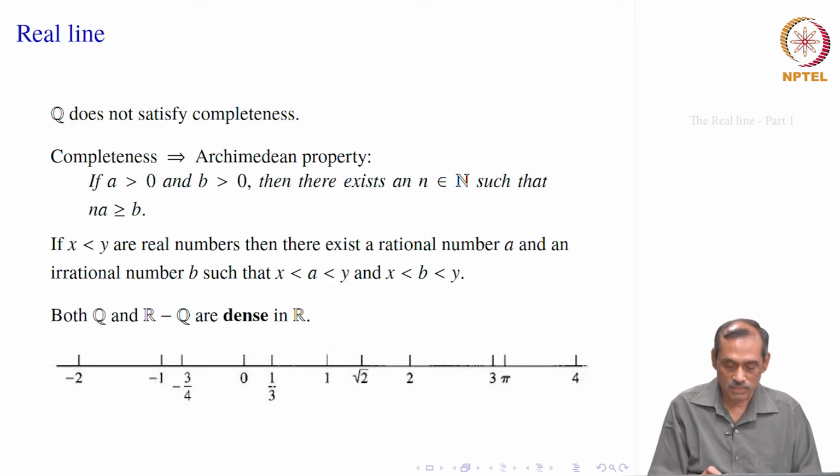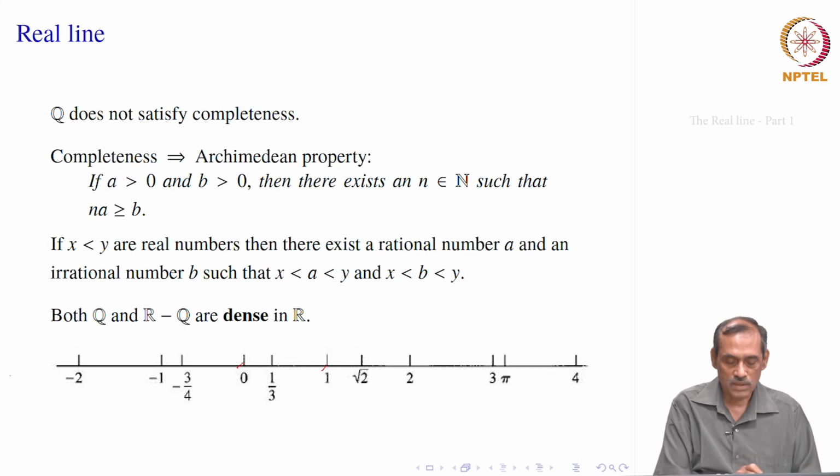So, if we have marked 0 somewhere and 1 is another, say unit length, this is our length. So, 0 to 1, then 2 will be here, then the natural numbers 3, 4, and on the left side we mark the negatives of that. So, we have the integers inside R, then we have rational numbers, you take any fraction, say 1 by 3. So, it is here, and that is marked on the real line itself, and there are also irrational numbers like root 2, which is between 1 and 2, also pi, and you will meet also e and so many others.